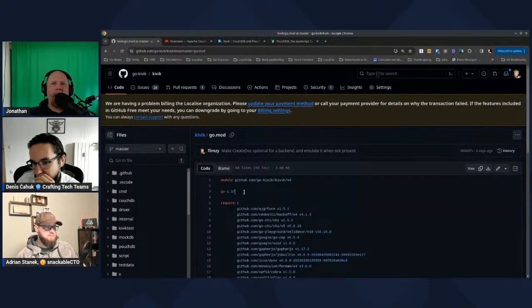Gopher.js is getting close to having 1.18 support, but they added generics then, which was a big language change, and it's been taking a while for us to get that. I'm actually one of the co-maintainers of Gopher.js, so I've been watching this process very closely. We actually just yesterday released Gopher.js 1.19 beta without generics support. We have support for Go 1.18 and 1.19 without generics. Yeah, I imagine that would be very hard to port to JavaScript in a way that would be meaningful. The generics? Yeah. I mean, it's a difficult problem to solve in the first place, regardless of JavaScript.